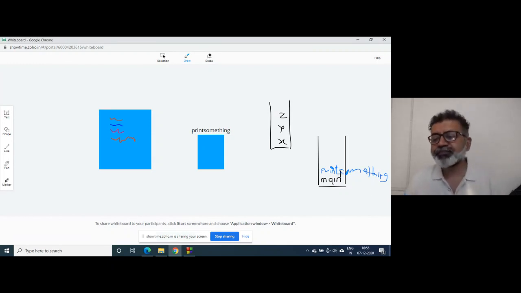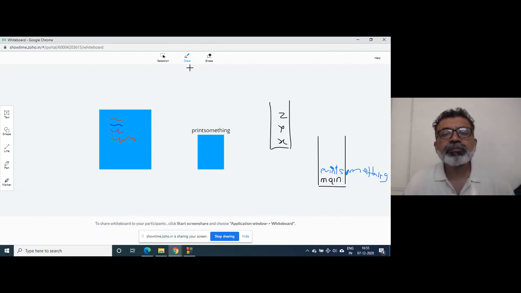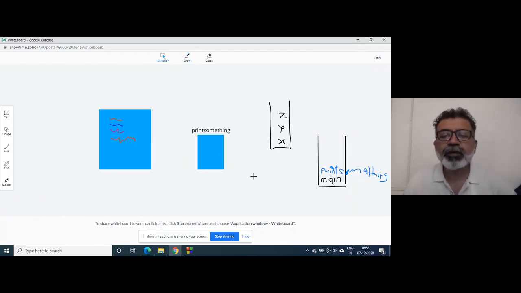Now what happens when control goes inside the function, this function is called, right? Now when this function is called, print something is pushed onto the stack.